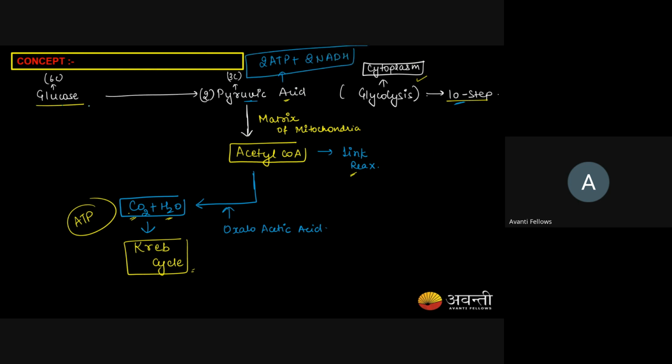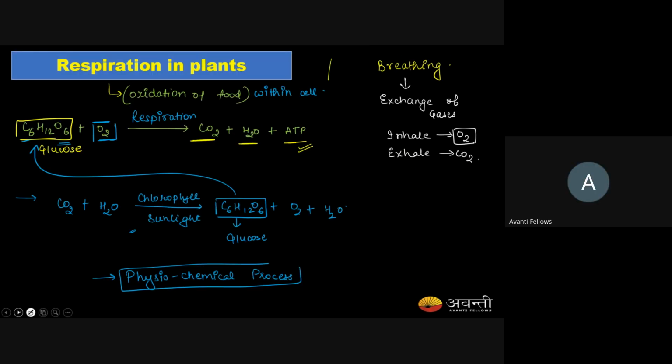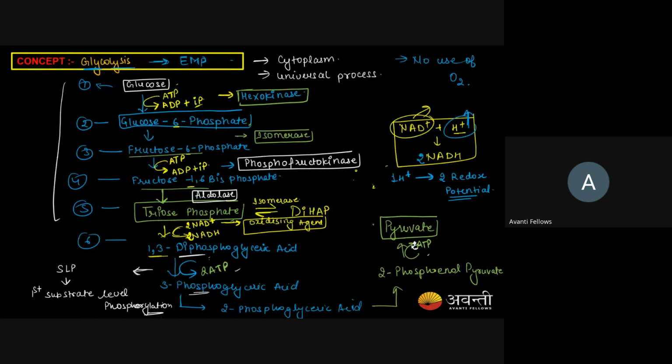Are we done with the first step, glucose to 2 pyruvic acid? Yes, ma'am. We have made 2 molecules of pyruvate. How many carbon compound is it? 3 carbon compound. Very well done. The next step is conversion of pyruvic acid into